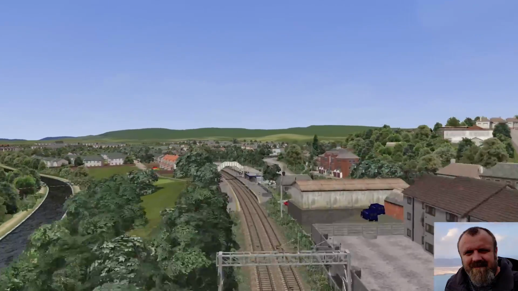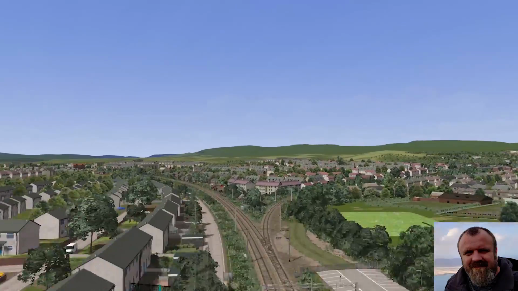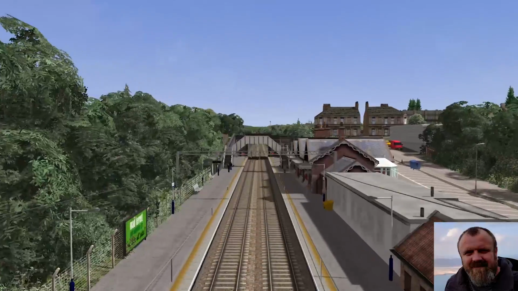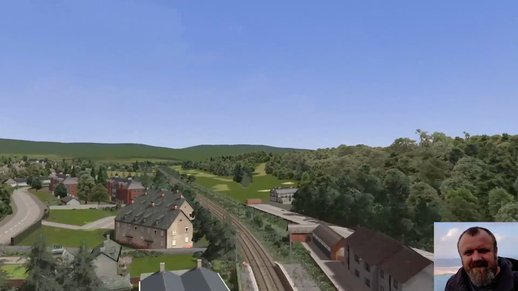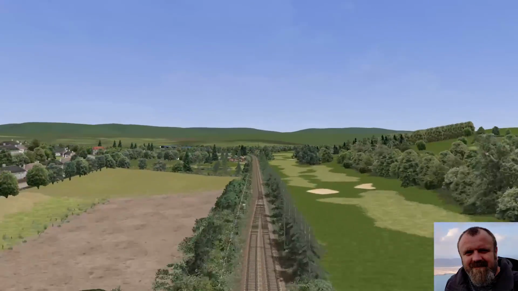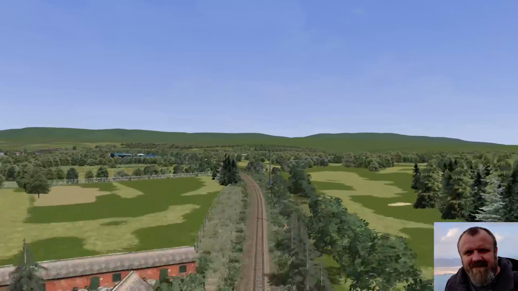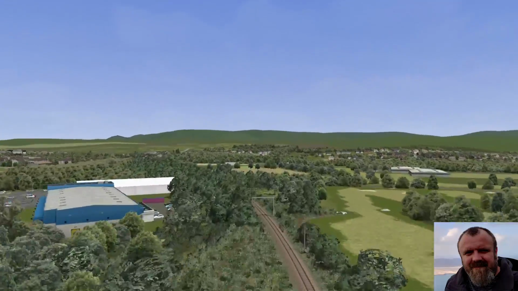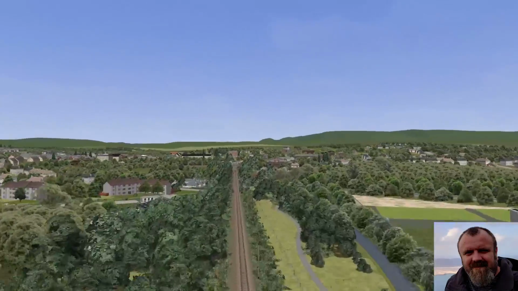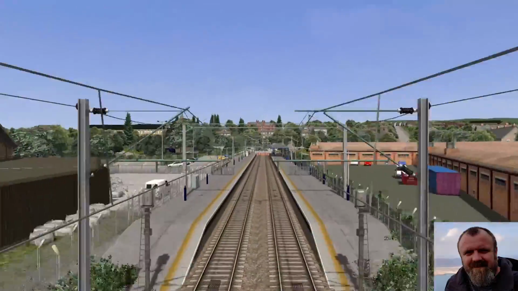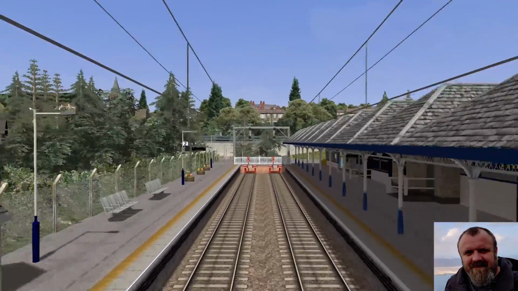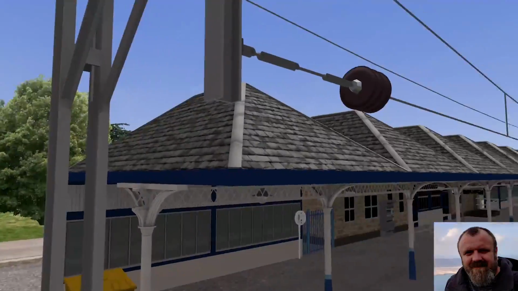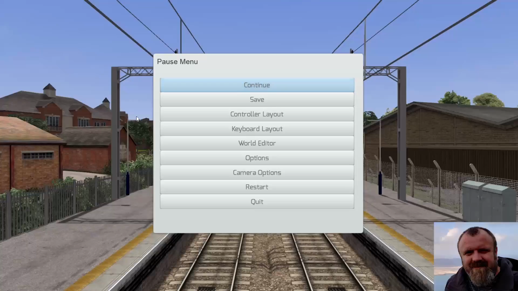Phase 1 was quite a big phase because it covered all this and the line down to Mulgai to the right here. There's Bearsden, and finally Hillfoot. And then the railway quite suddenly goes into the countryside. There's a golf course on your right here, and then through the Allender area up towards Mulgai, which is single track as you can see, ending with Mulgai. Again, the station building in Mulgai is a Rivet custom built asset, so it's nice to see the custom stuff appearing in the route as well. So that's phase 1, 2, 3, 4 and 5.